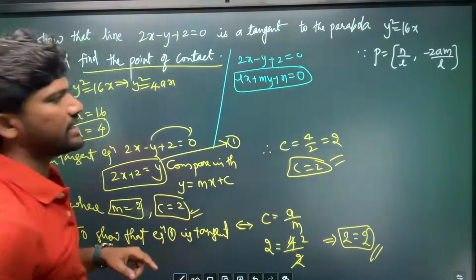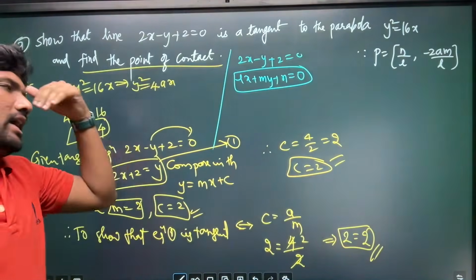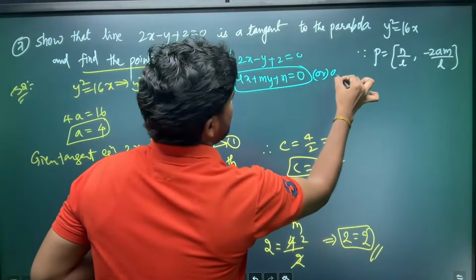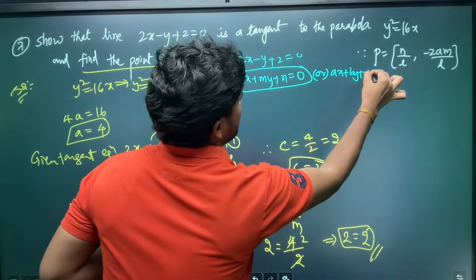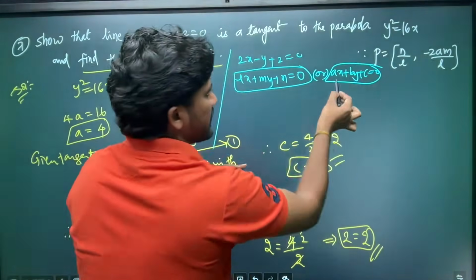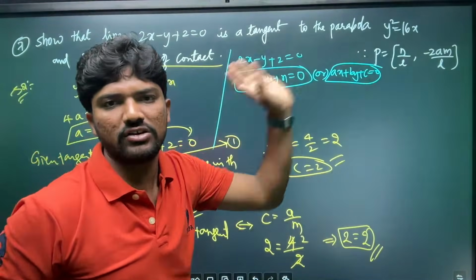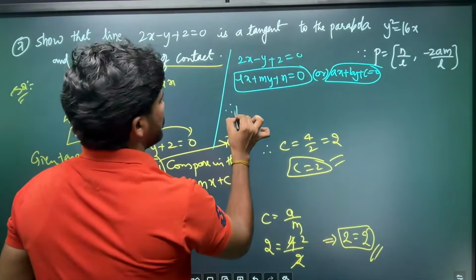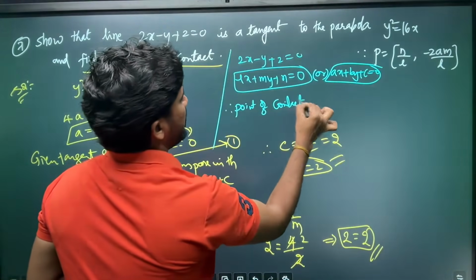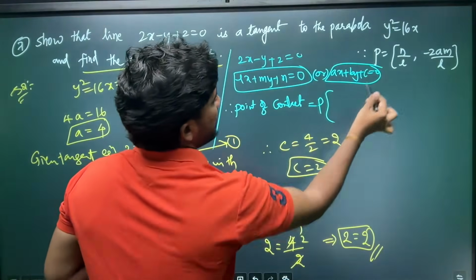Okay, so where does this come from, sir? See, either in terms of lx + my + n = 0, or you can compare with ax + by + c = 0. If we use l here, the result comes in terms of l; if we use abc, it comes in terms of abc. So therefore, point of contact